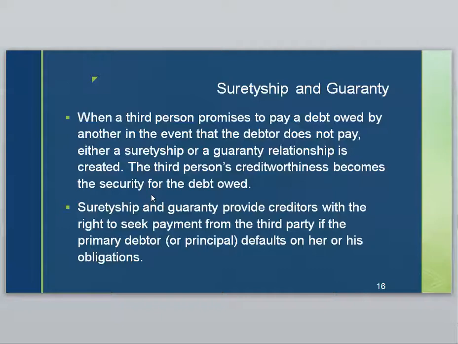The surety, though, is essentially a co-signer of the debt. So when we use the term surety, typically that person is obligated to make the same payments as our debtor would. So our third party here is going to make a promise to pay, so that if the debtor doesn't pay, there's two different terms. There's the guarantor, or there's the surety. But those relationships kind of depend on whether or not we have to seek the payment of the debt first from the debtor. So suretyship, essentially, in purest form, is that we wouldn't necessarily have to go to our debtor first to receive the payment.